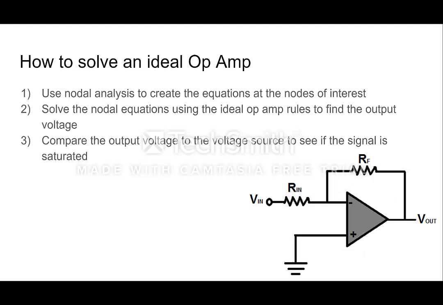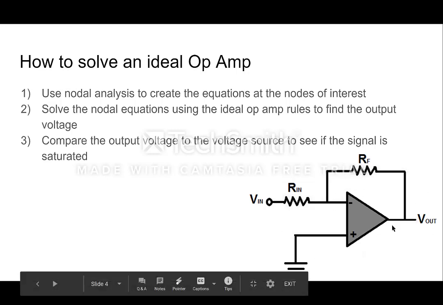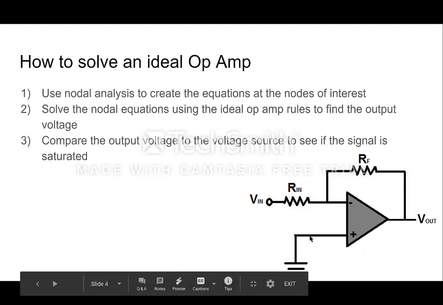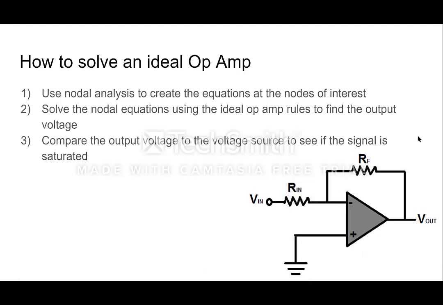So the steps we use to solve an ideal operational amplifier are as follows. First, we begin by using nodal analysis to create the equations at the node of interest. So we begin by choosing our nodes, which may be here, here, or here. And in other examples, there will often be more nodes that you have to solve at. From there, you create your nodal equations using Kirchhoff's current law, and then use the ideal op-amp rules to find the output voltage. So using the principle that the voltage here and the voltage here are equal, and the idea that there's no current flowing into either one of these terminals, is what you're going to use to solve